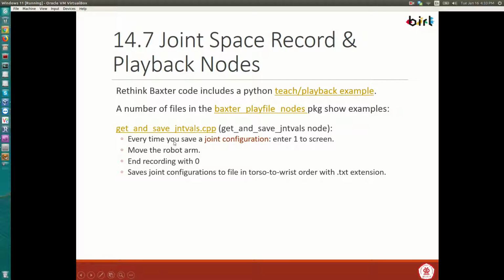Here, every time you can save a joint configuration when you enter a 1 into the screen. So basically you move the arm to a desired location, and wherever you want to record a waypoint, you can enter number 1 into the screen where the program is waiting for user input, and that will be a waypoint recorded by the system. When you want to finish all recording, a 0 can be entered, and this will save